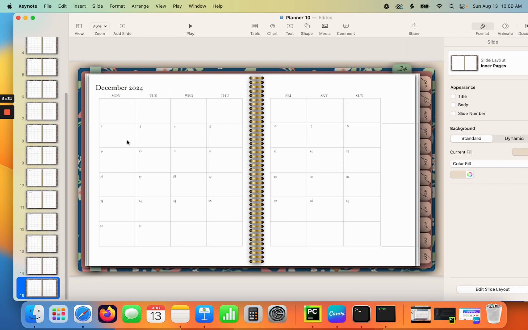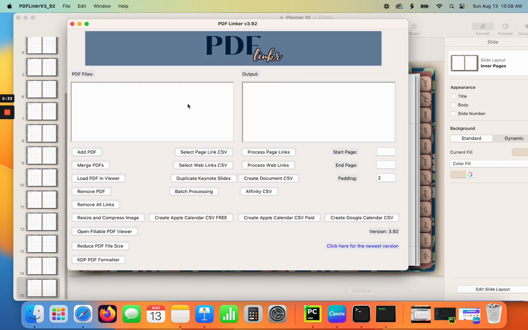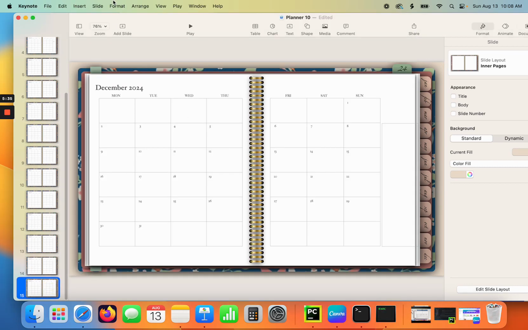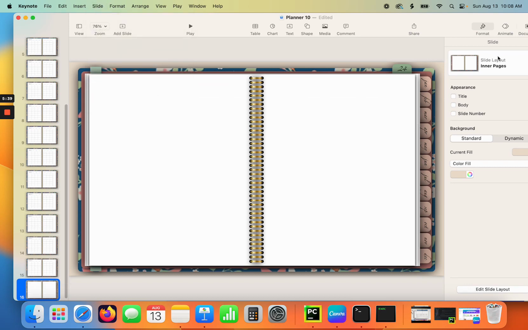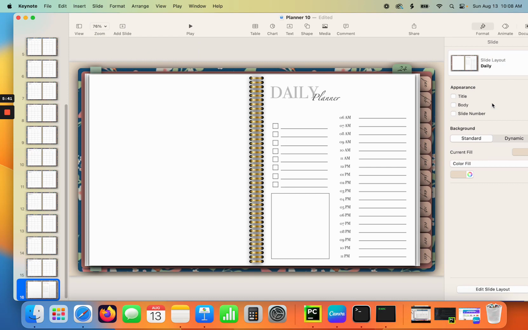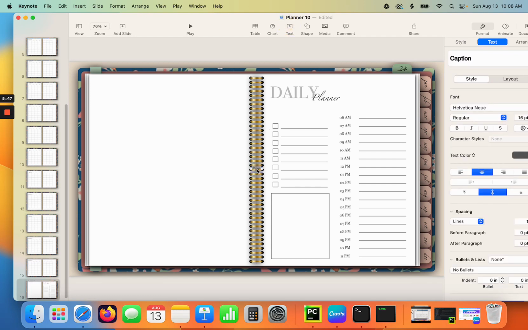So now I am going to use PDF-Linkr. I'm going to make a new slide, and I'm going to make that slide the daily. Use the daily template that I set up. I'm going to add a text box for the date,